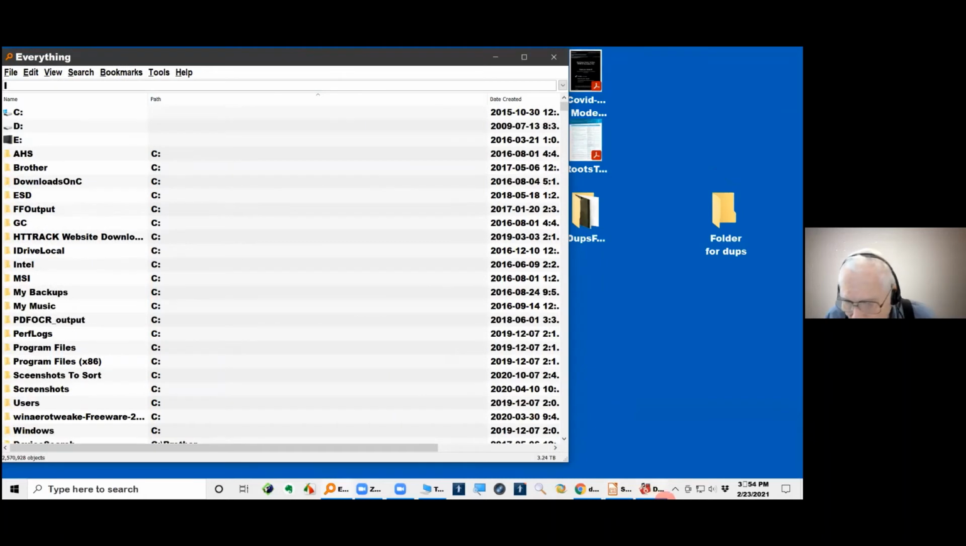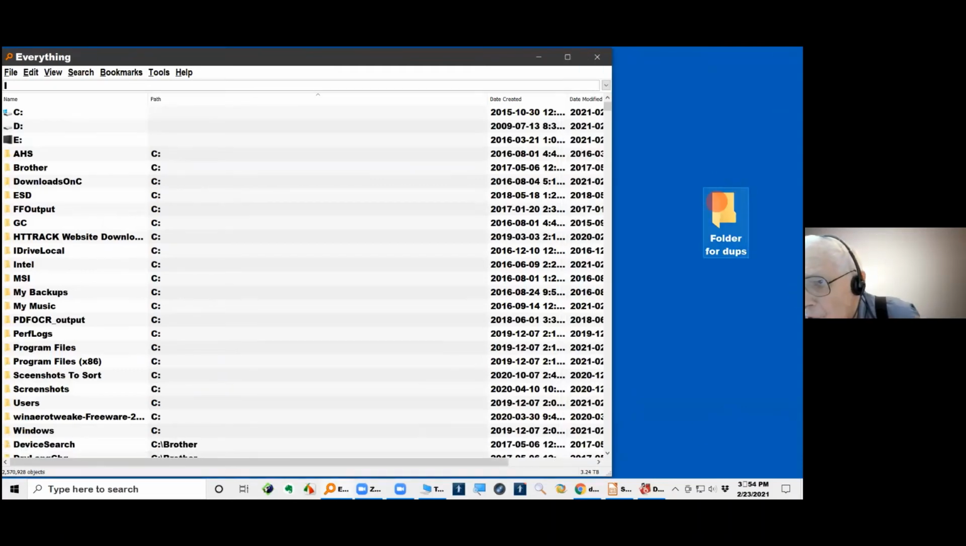This is the program Everything, which you've heard me talk about at great length because it is so handy with some things. I've set up a separate folder that I called Folder for Dupes. There's nothing in it right now. Remember that what Everything does, it's a free program, and it will find all of the files anywhere on your computer with any of the characters that you type in. As an example, I'm going to type in